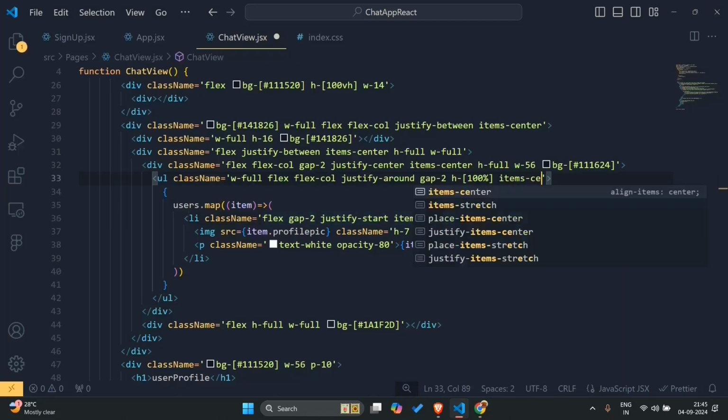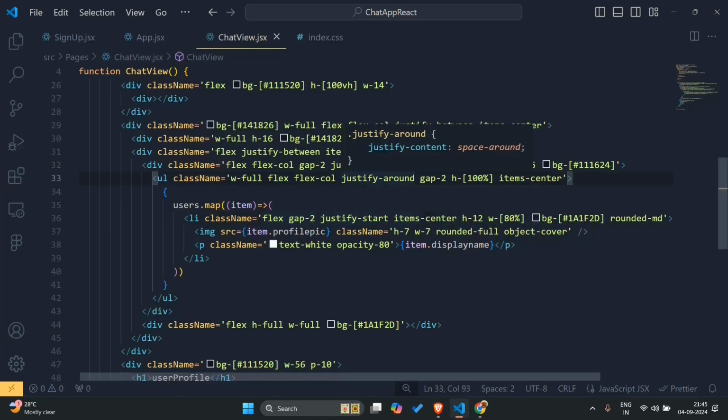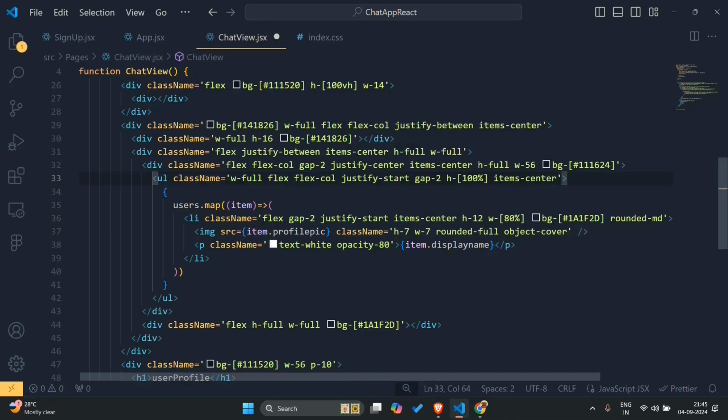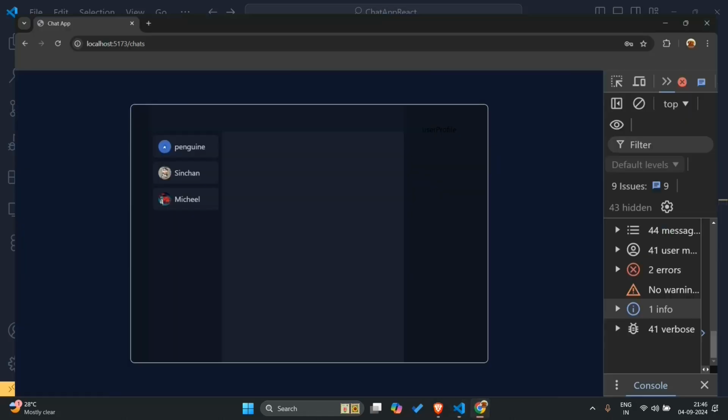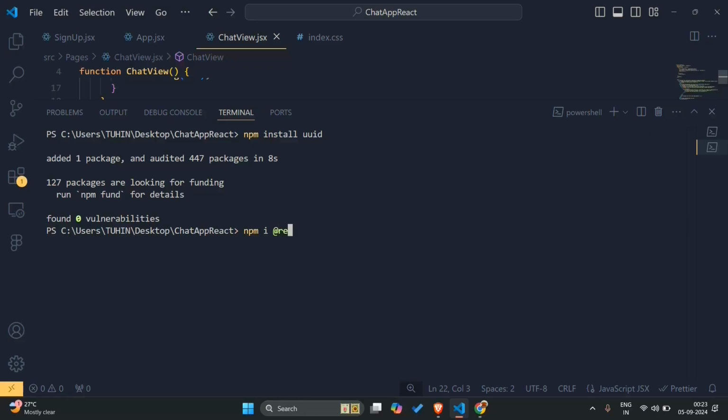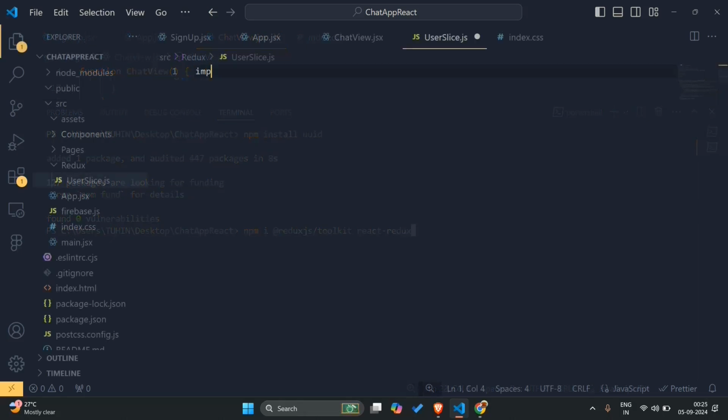Let's make the items center and justify start, and padding will be kind of 2 probably. So yep, this is working now. And now install the Redux function. So say npm i @reduxjs/toolkit react-redux,